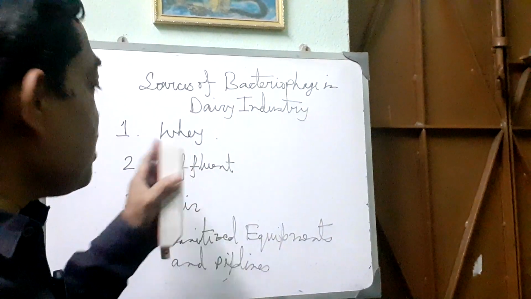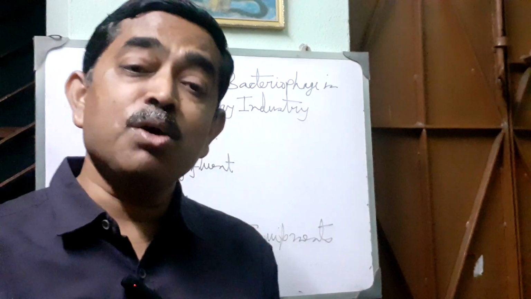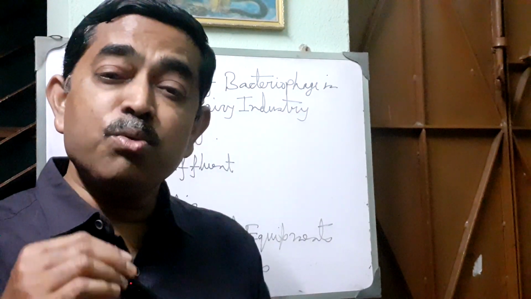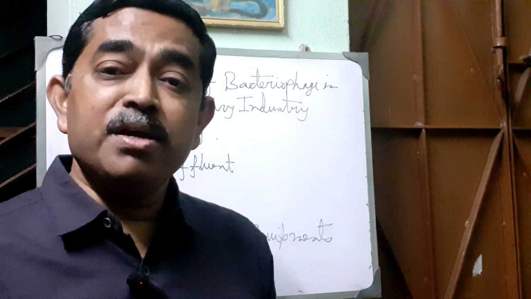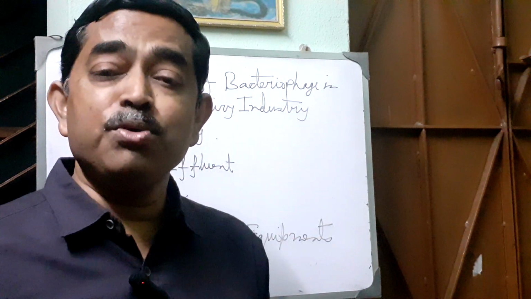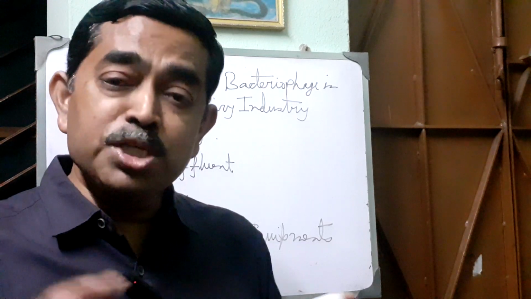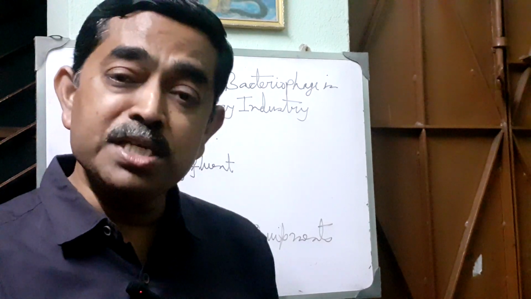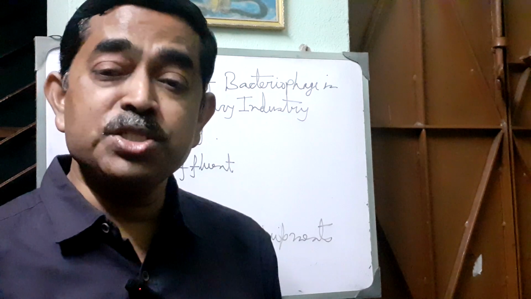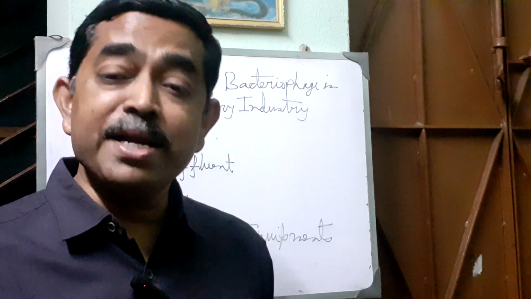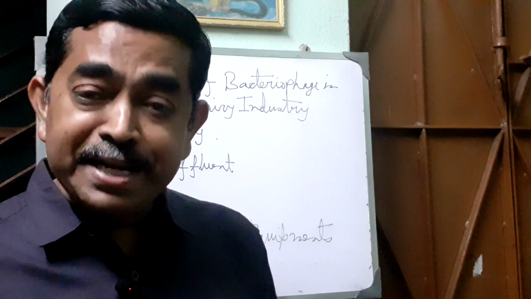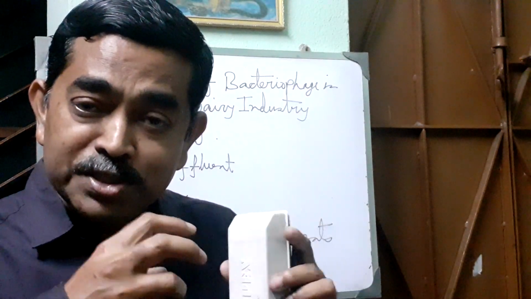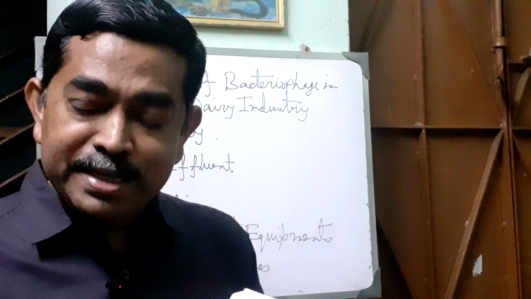Whey is the main source of virus because whey is generated from the production of paneer or from a cheese plant. A huge amount of whey is produced, and this whey is a potential source of bacteriophage, because